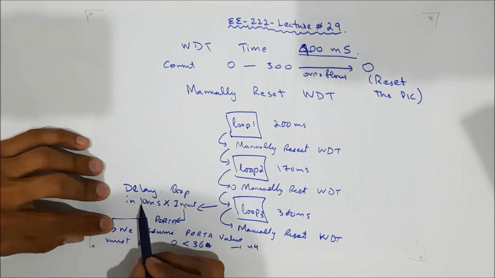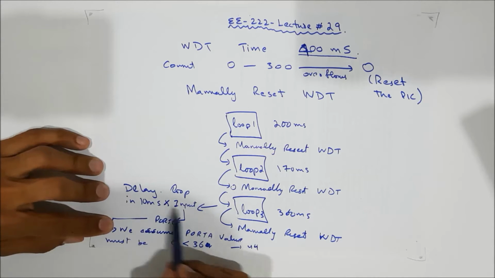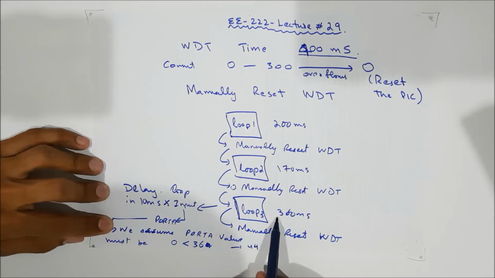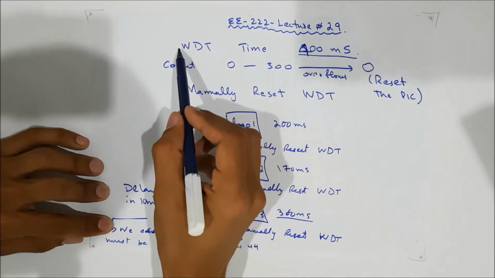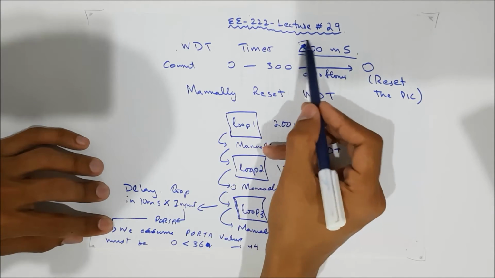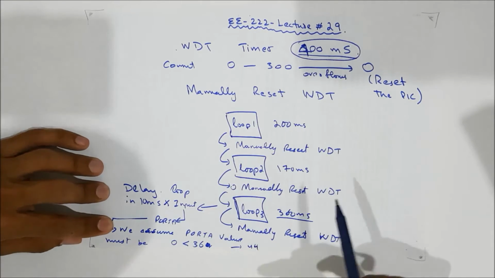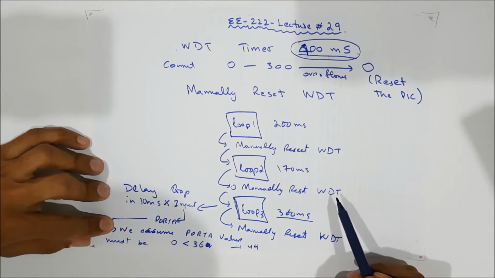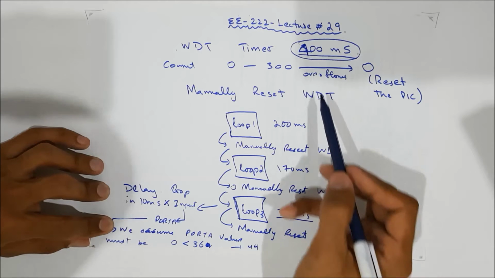Then the delay will be 44 into 10, 440. So the program will be stuck in this loop for more than 360 milliseconds, as desired. But we have a fail-safe watchdog timer running at the back end. That is supposed to reset the microcontroller if your program is stuck in any loop for more than 400